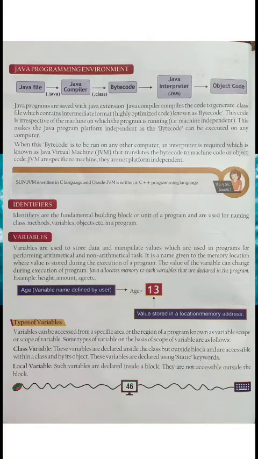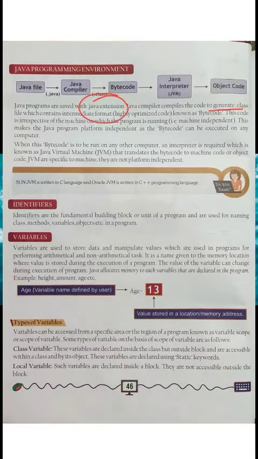Here it is saying that Java programs are saved with the .java extension. Whatever Java program we are saving is saved with the .java extension. The Java compiler compiles the code to generate a .class file. The work of the Java compiler is to compile the code we have written and generate a .class file